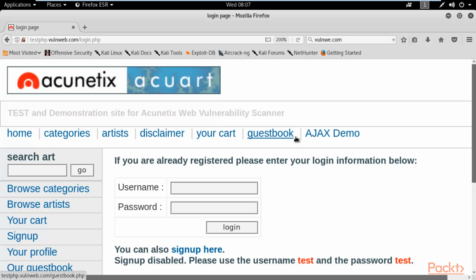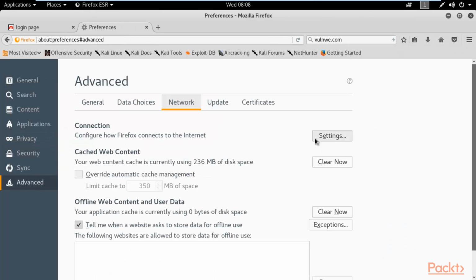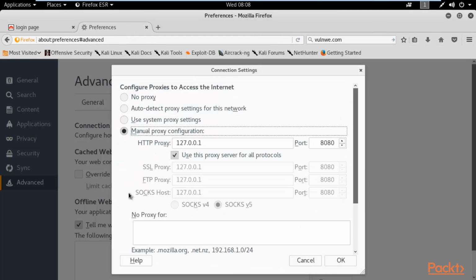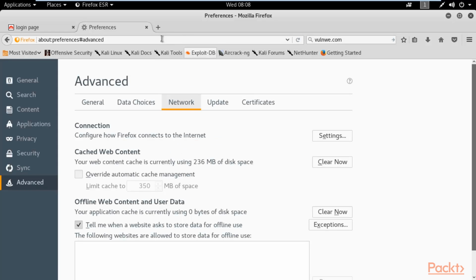I want to learn about the request, how your request goes from your browser to the server, and from the server to the browser. I want to learn it, right? To do that, you can click here, click on preferences and change your proxy settings to manual proxy settings. Type the IP address 127.0.0.1, type the port number 8080, click use this proxy server for all protocols, remove everything from here and click OK.